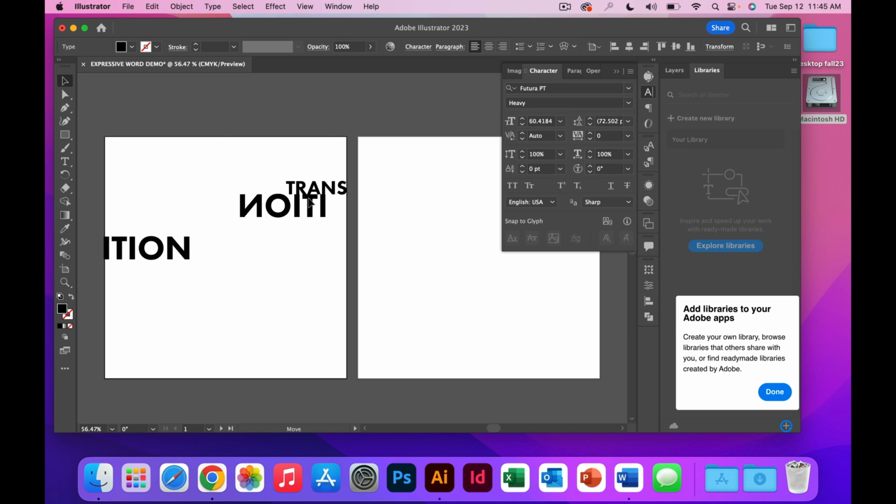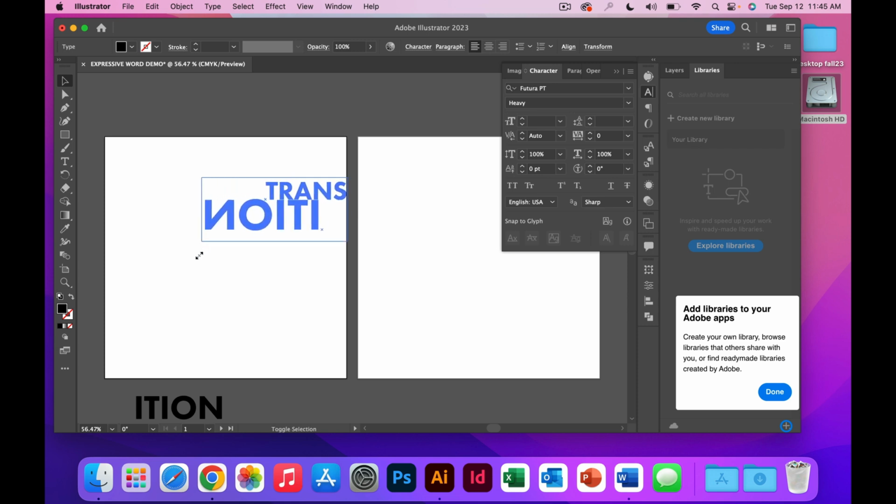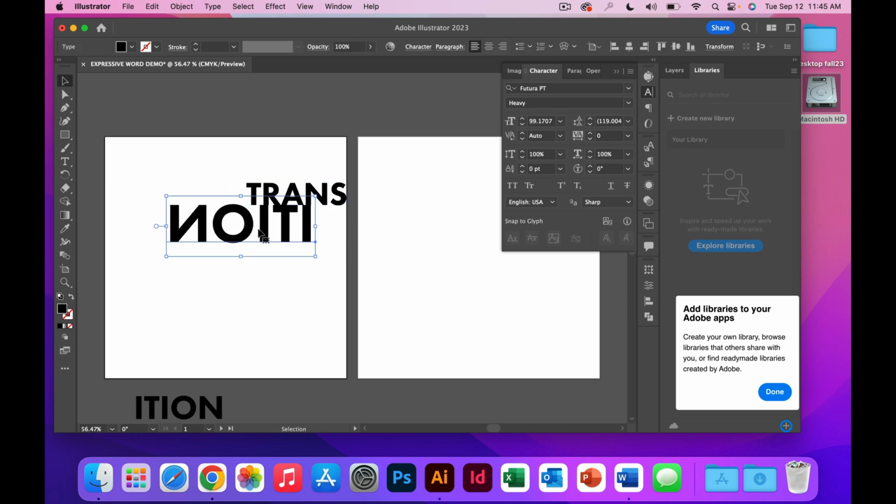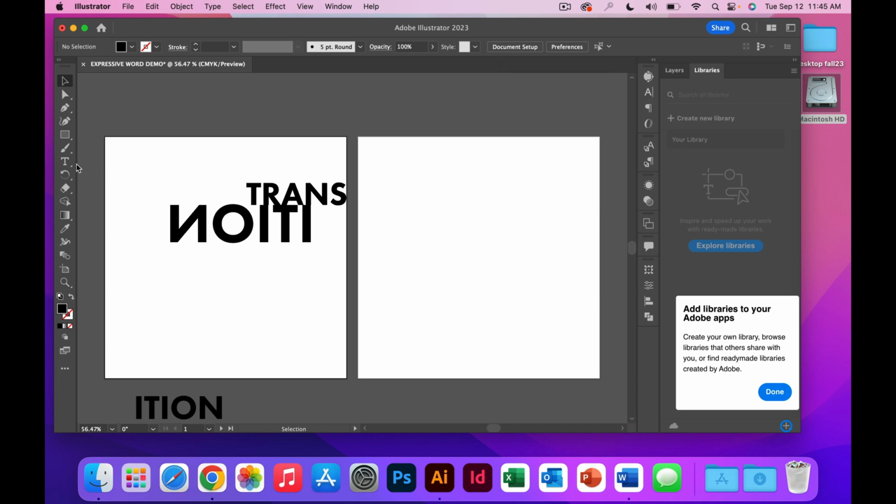That way I could say transition, and maybe I would connect it over here. And so there's different ways for us to make this word expressive. And maybe for this one, I would take this off the canvas, and this would be my expressive word here. And we can hold our Shift key down. And again, I don't want us to stretch text at all. So that is very important. All right. For our next one, I'd like for us to do